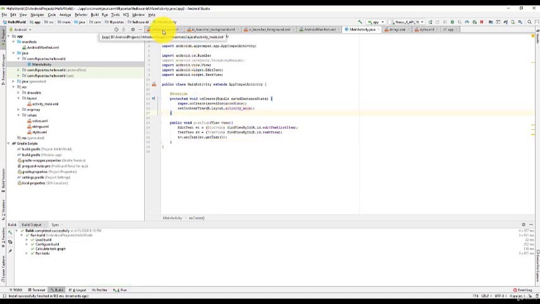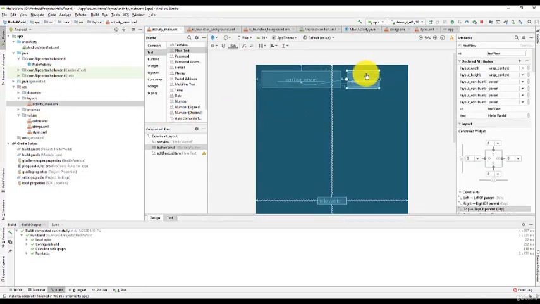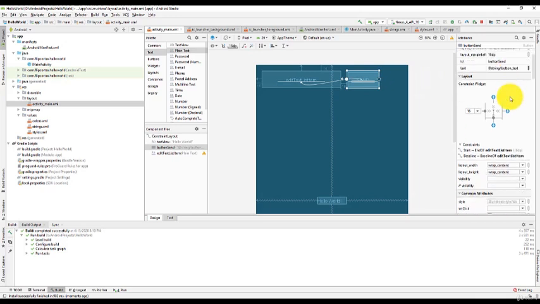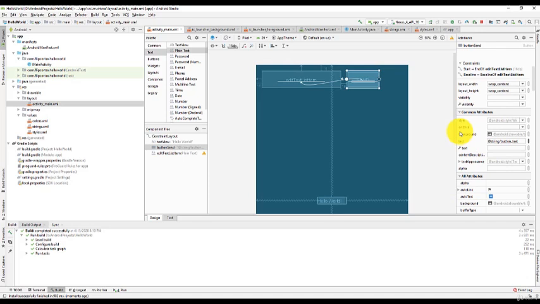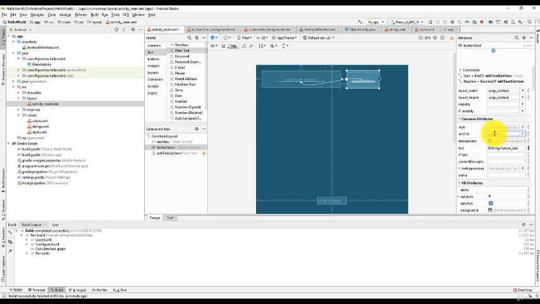So to do this, we're going to use the user interface, click on the button, and there should be onClick over here. You're going to choose it, and it automatically detects what event handlers are available for you. Just click on that, and now it's been attached.